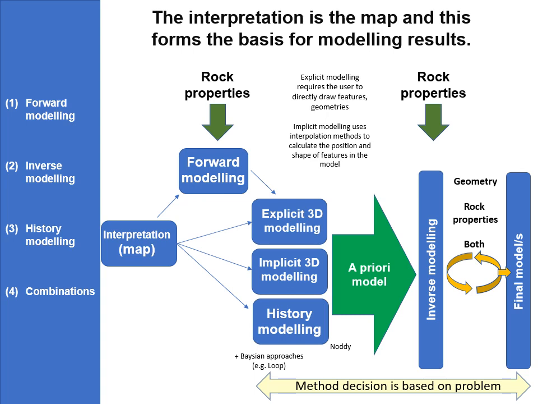We can also use historical modeling, and then from that we really start with an a priori model, which is the first starting point, and then we apply an inverse modeling approach to modify both the rock properties and the geometry, usually sequentially, until we get a satisfactory match and we come up with the final model. It's important to understand that the method that we would use is really based on the problem. And so by understanding the problem, then we make a call on what is the best approach.